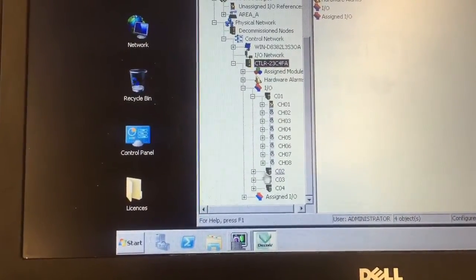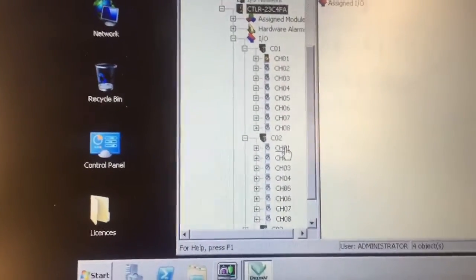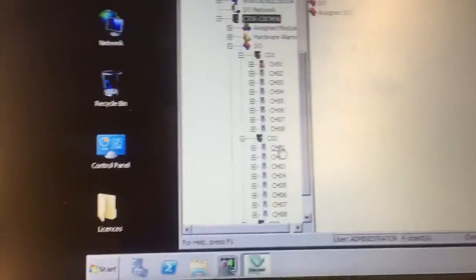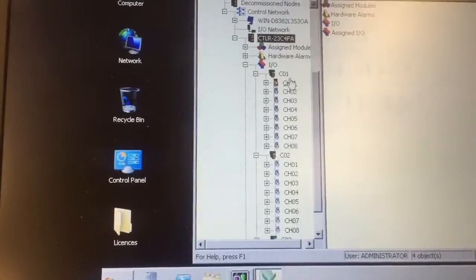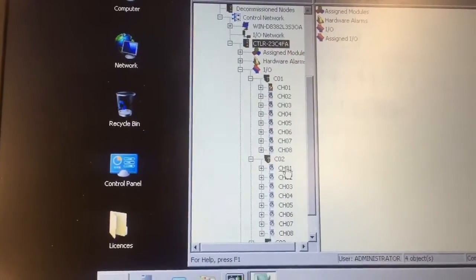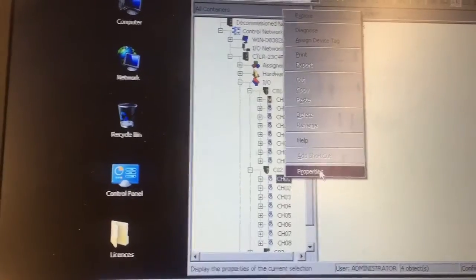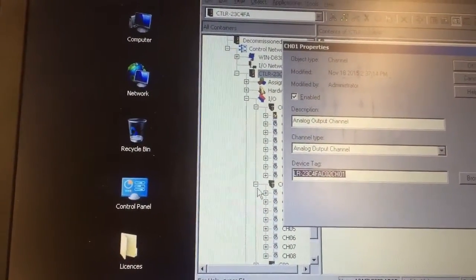So we're going to add an analog output as well to card 2. Card 2 is all of our analog outputs. We have 8 channels, just like we have 8 possible analog input channels that we can add to our card 1. So on card 2, we'll right click, properties, click enable,